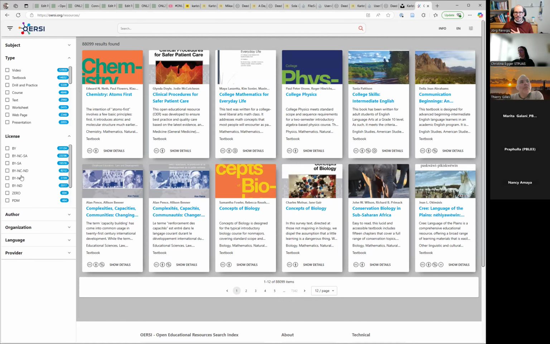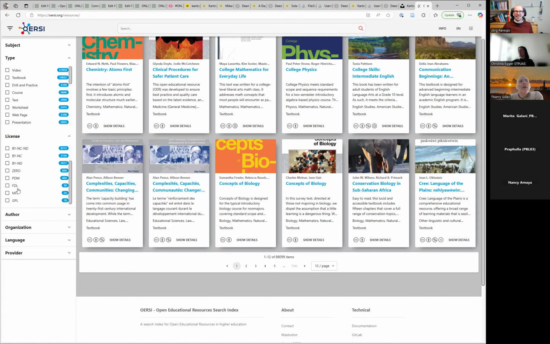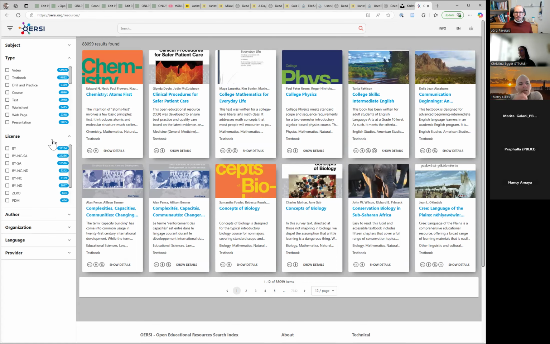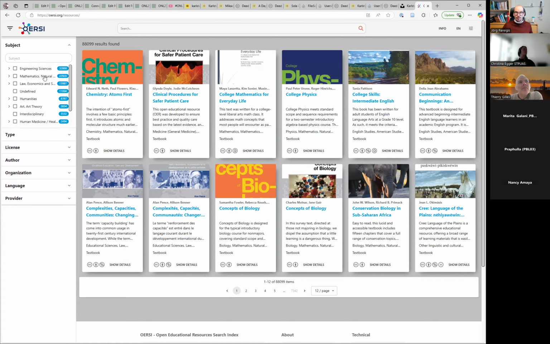We talked about these. Here's CC0. This is the public domain mark, and there's some other licenses which are mainly used for code, the MIT license and the GPL license. So you can filter for these, and you can filter for your subject area.